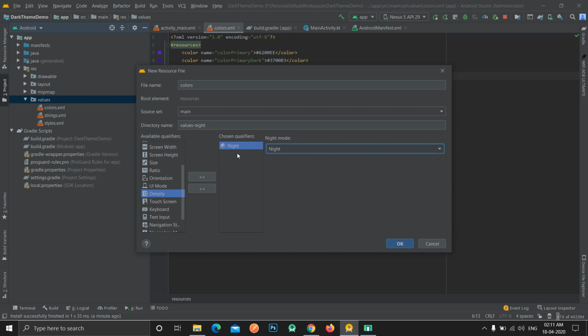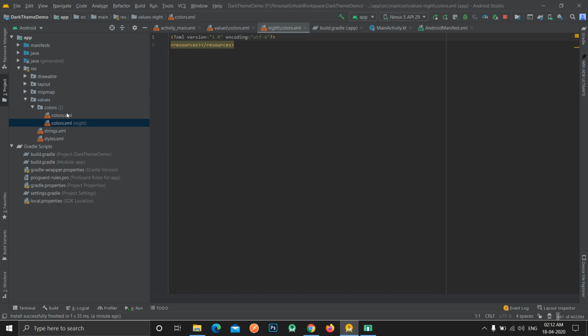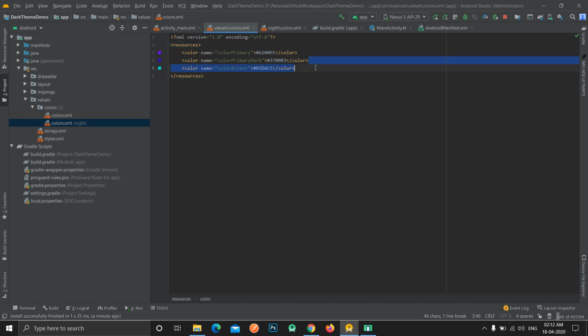What this does is create a new colors file which is specific to the night theme, meaning the dark theme. When we click OK, you can see that a color folder is created, and we can see two files: one we have created right now, with night written in brackets. So it is clear that this file contains everything required for the dark theme, and the other will contain everything that is by default, or we can say required for the light theme.